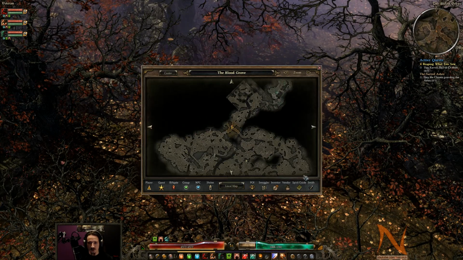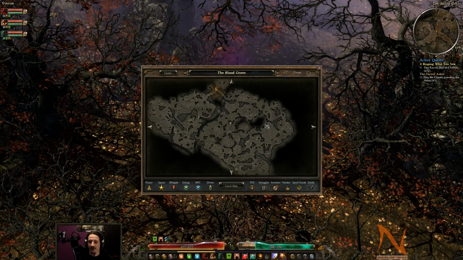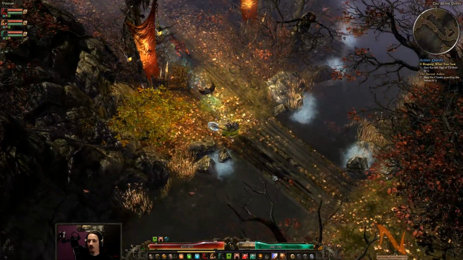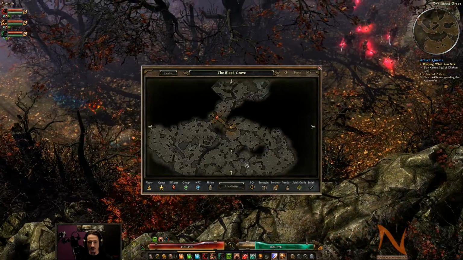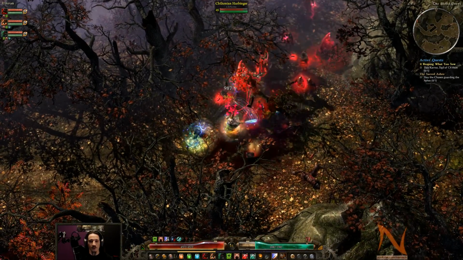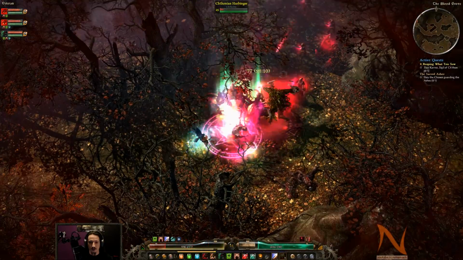So last episode we explored a little bit of the Blood Grove and we mostly explored the other side of the Chaos Rift. So this episode I figured we continue where we left off. So there's a little bit left to explore. Probably nothing too exciting, but I wanna cover it anyway for completeness' sake. And after that, I wanna...